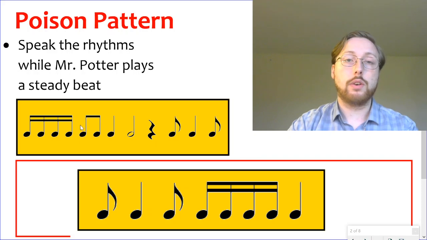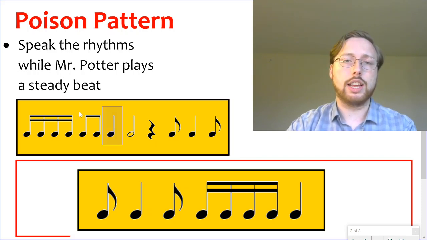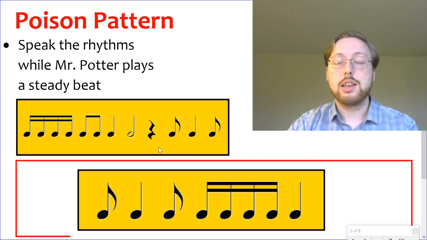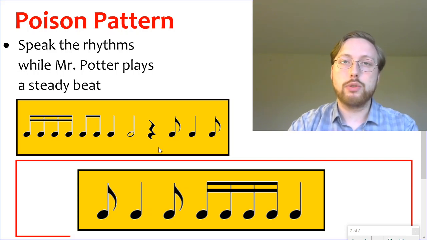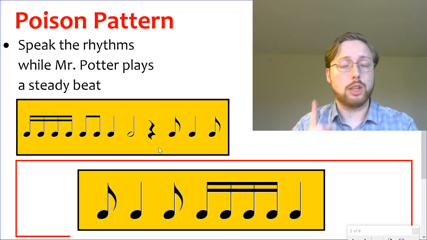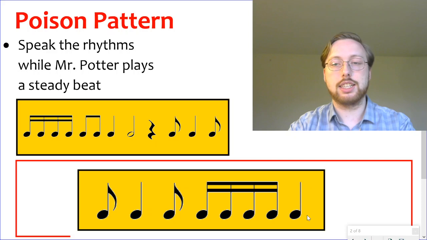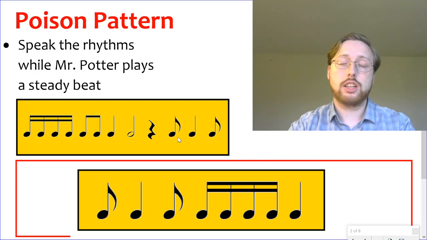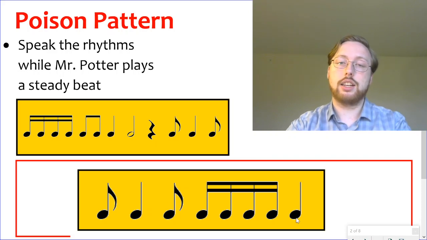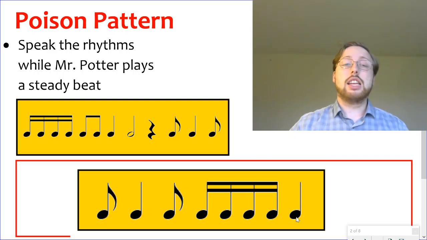In addition, we need to remember those other rhythms we know, like ti-ti, ta, and sh. So, be careful as we go through these rhythms. Don't speak the poison pattern. Whenever you see this pattern, ti-ta, ti, ticka-ticka-ta, you don't repeat. Let's speak it one more time so we know which one we need to be avoiding. Ready? Speak it with me. Ready, go. Ti-ta, ti, ticka-ticka-ta. All right. Let's get started.